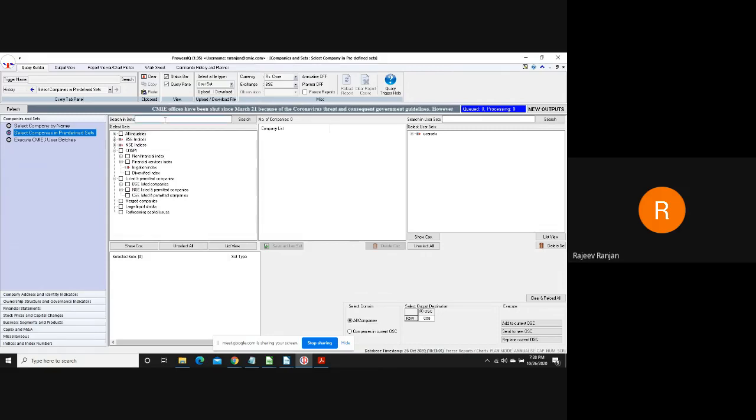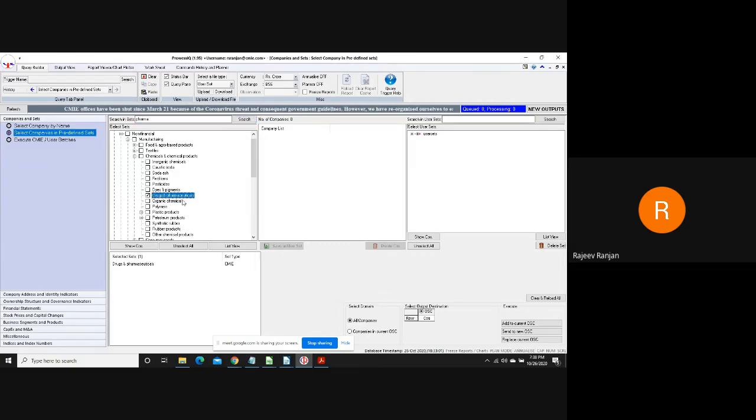So for example, if I search for a company, say pharma companies, I can say I want to find out all the companies which are into drugs and pharmaceuticals. Now, when you build your query, the basic concept of query building is that there is a universe of 51,000 companies, and when you build your query, you are actually filtering out companies from that universe. So when I say that I want to find out drugs and pharmaceutical companies from my universe of 51,000 companies, I want to say that my domain should be all companies, which is 51,000 companies, and I want to create